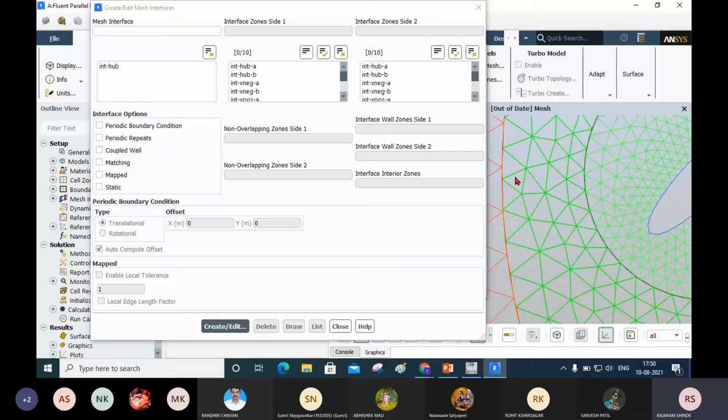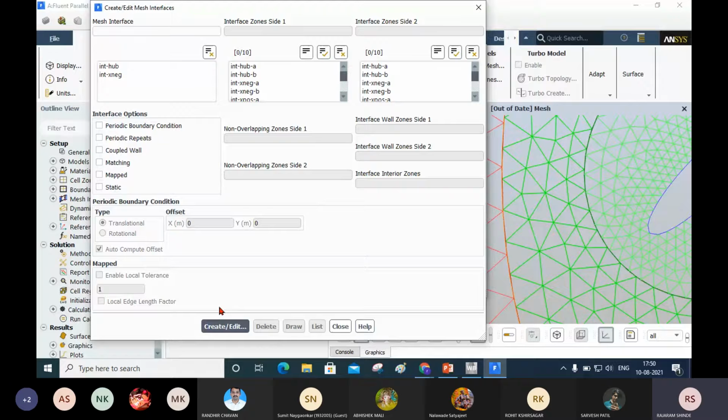So I will enter here int x negative. So I will select x negative a, which means this part, and x negative b means this part, that means this element and this element. Now I will create that interface.